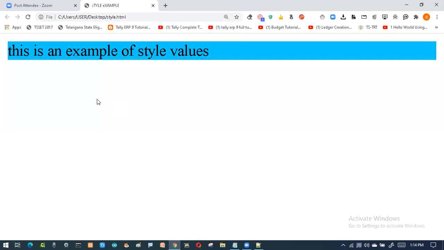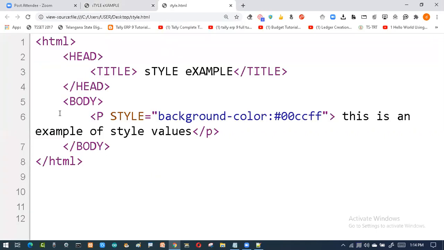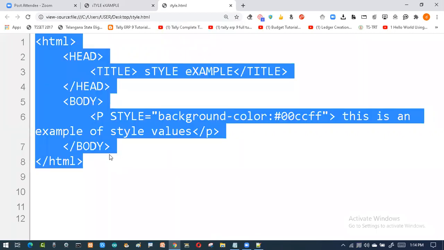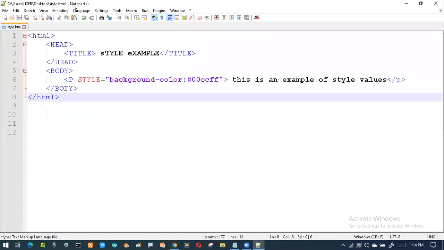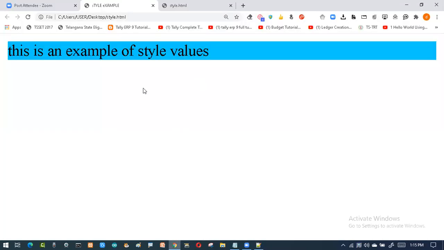If I click over here, whatever program I have written, I get the code like this. This is the program I have written, in my Notepad++. I wrote the program in Notepad++ and I'm executing it in my browser. This is how you're going to get it.